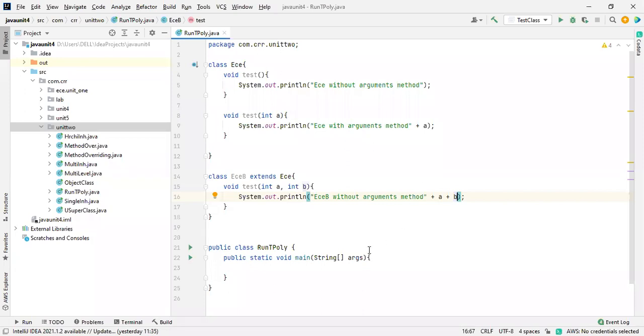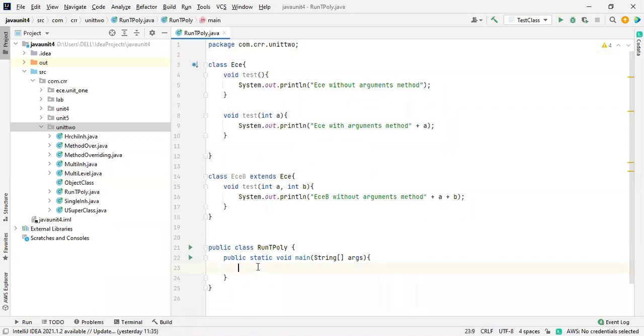I think you got my point what I'm saying. This is something you have to remember. The things we mention with the operator plus inside a println statement don't add, they will be concatenated. Now, how are you going to use other classes? If it is not available here, we need to import it. If it is available inside the same package, there is no need to import it. Directly we can create an object.